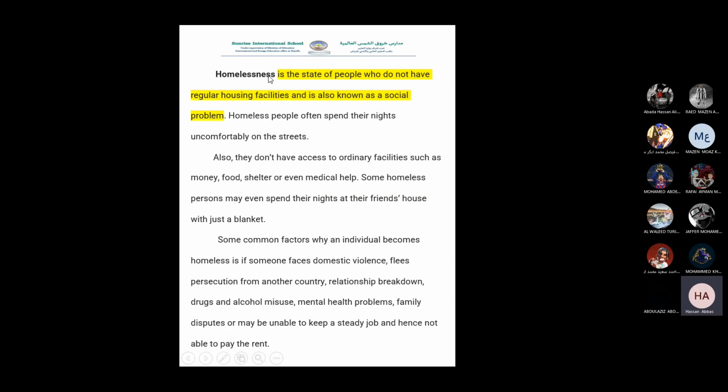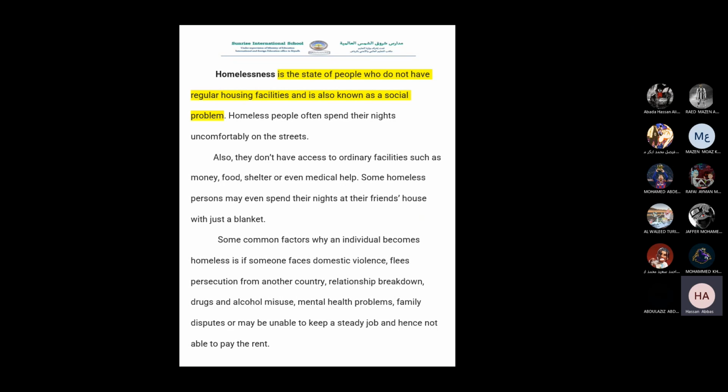Homelessness is the state of people who do not have regular housing facilities and is also known as a social problem. Homeless people often spend their nights uncomfortably on the streets. Also, they don't have access to ordinary facilities such as money, food, shelter, or even medical help. Some homeless persons may even spend their nights at their friend's house with just a blanket. All these